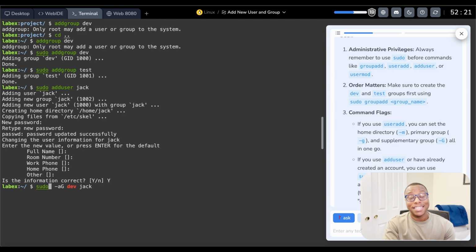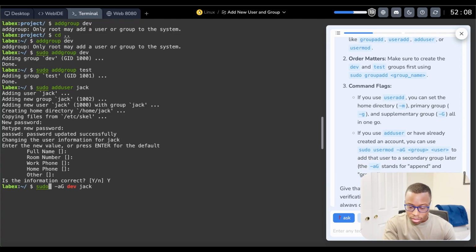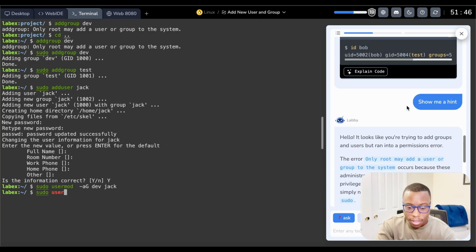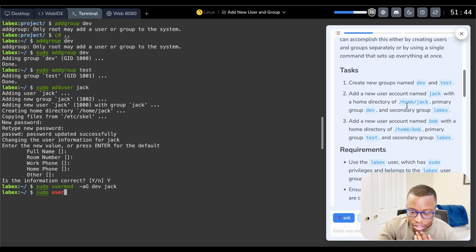Okay, so the command I was looking for is here, was usermod. That's fine. If you use useradd or already have created an account, you can use sudo usermod secondary group later. Okay, so I'll do that here mainly so that I can remember. usermod. And then for test too, right? Sudo user. Oh wait, but no. Let me go back. Instructions say